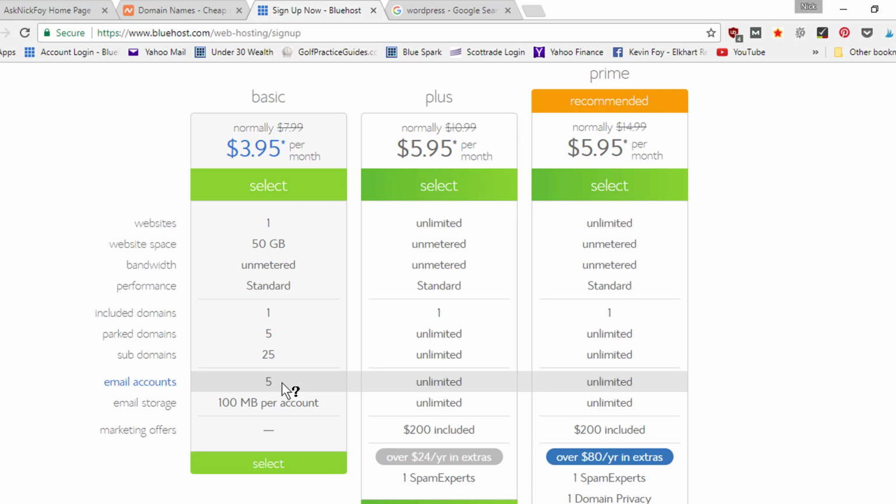So you get up to 5 different email accounts that have your domain name after the @ symbol, and then you get up to 100 megabytes of email storage. So this would be the beginner plan I would recommend most people get started with if you're just starting out, building your very first website. And later on, if you want to create another website, you can go ahead and upgrade to their next plan